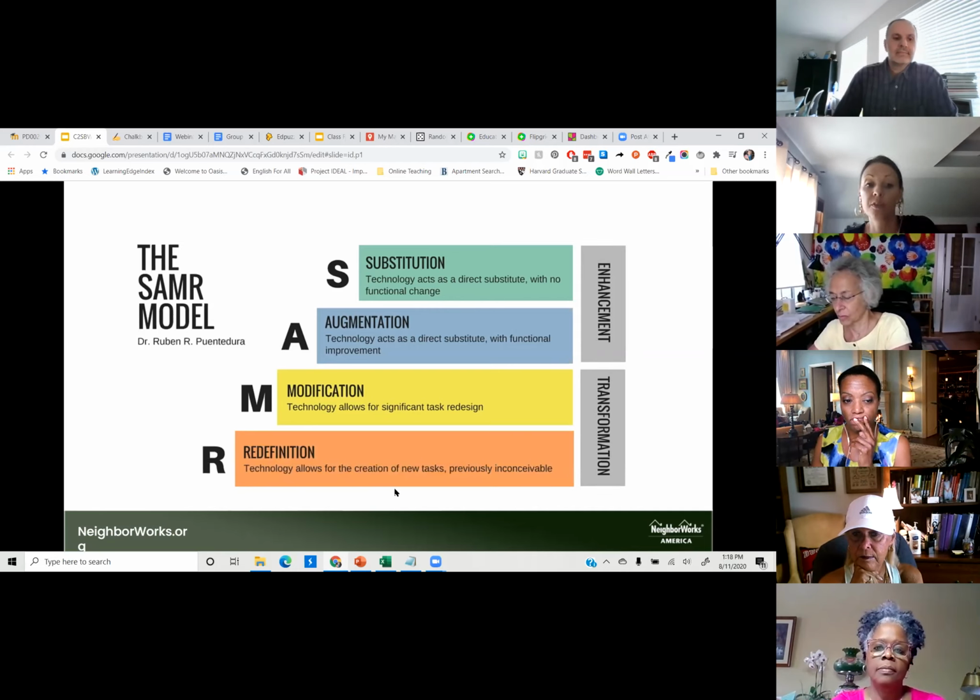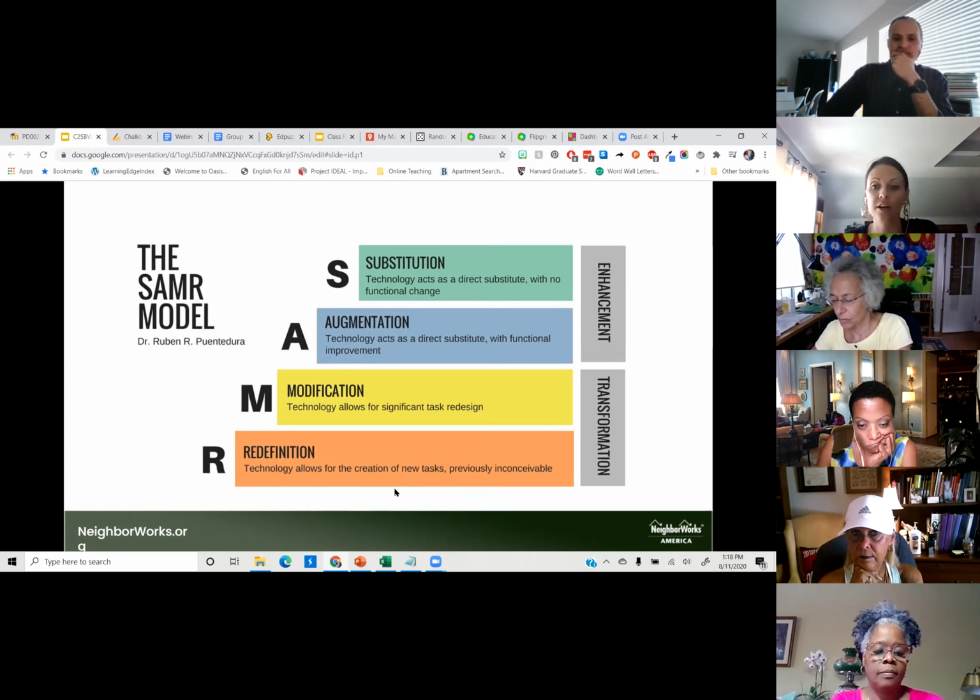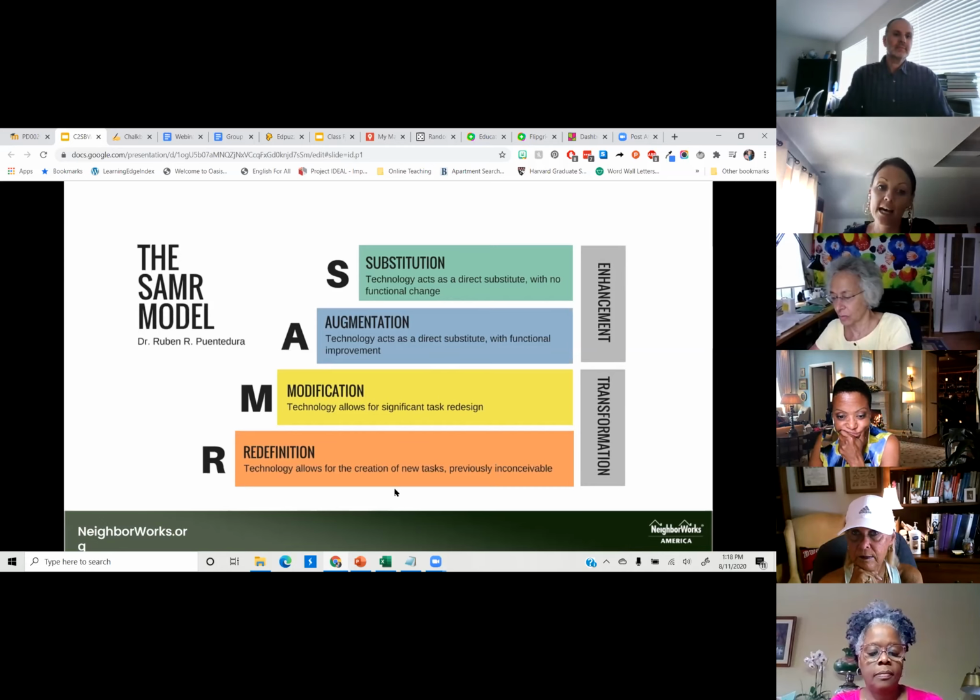And then with R, we have redefinition. And so this is thinking about using technology in ways that allow for new tasks that are previously inconceivable, something you could never have done before. And so an example of this in what maybe an online classroom would look like is